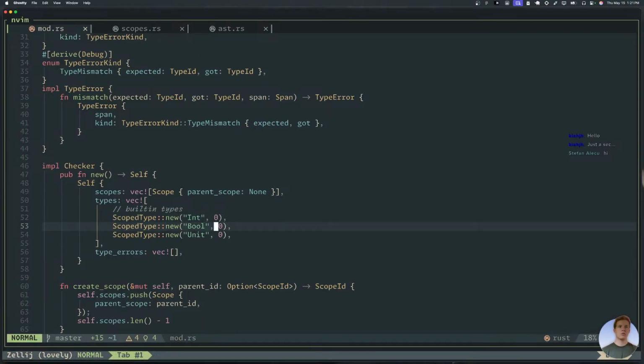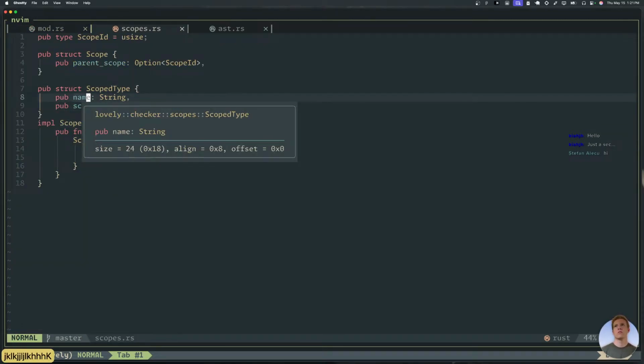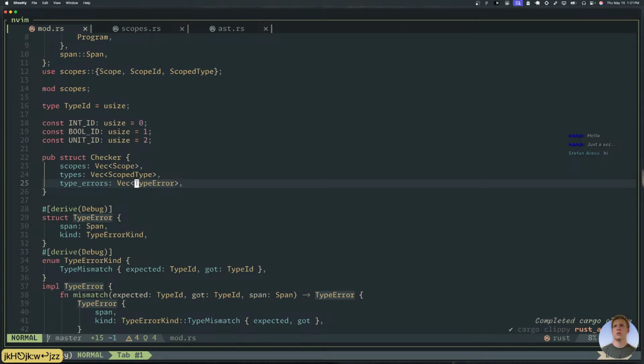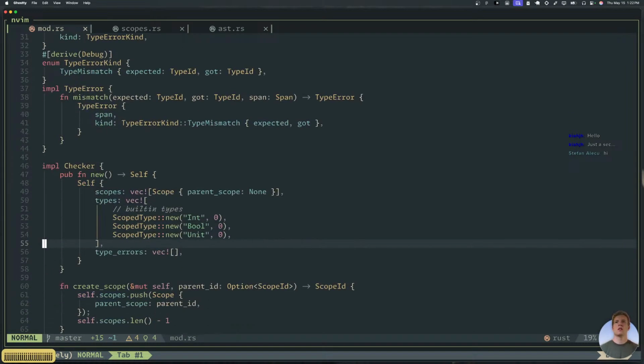Okay, and name is literally just a string. That's probably not quite powerful enough for the future, because we're gonna have generics and stuff, but that's fine for now. Okay, so for the time being, we'll just run with that. So I'm just gonna make a function.